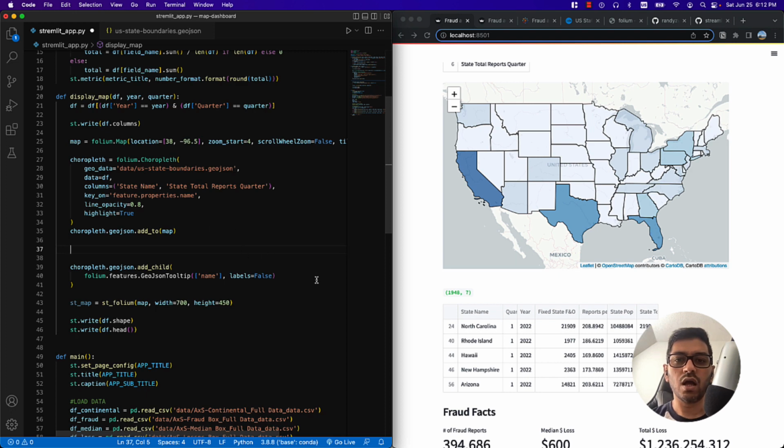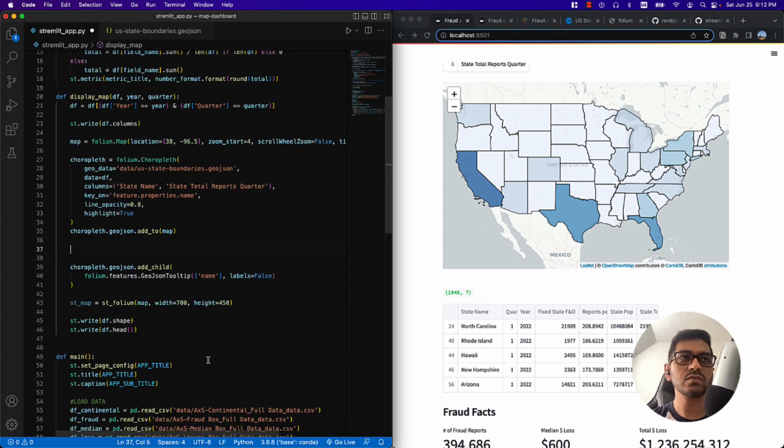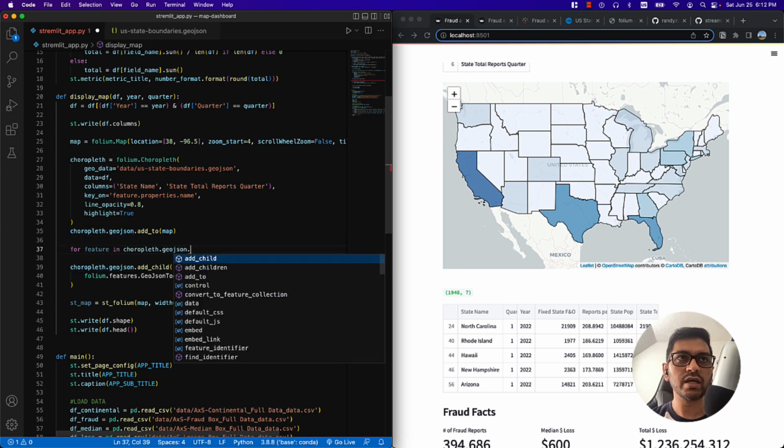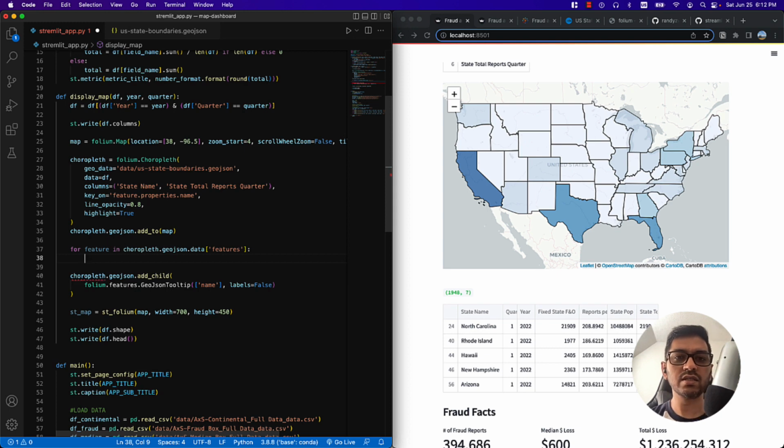So let's create a loop for each feature and add a population field. For feature in, we can access it this way. Here we can get the data element, and from here we are going to access the features. And inside feature,